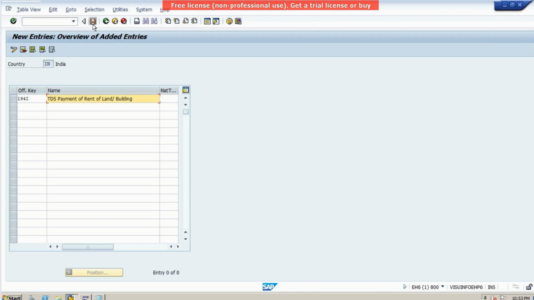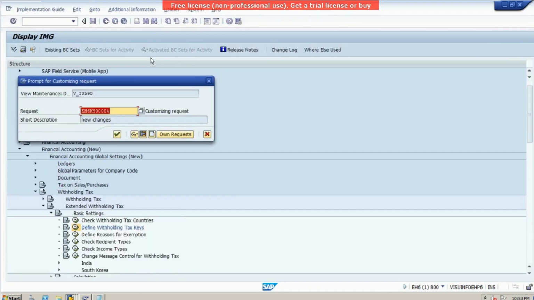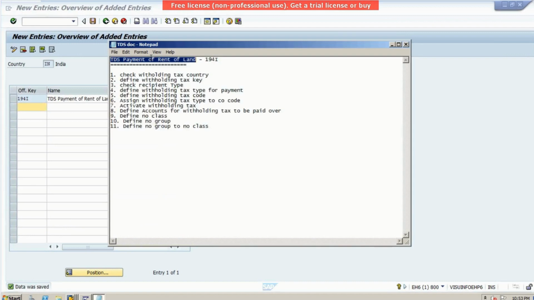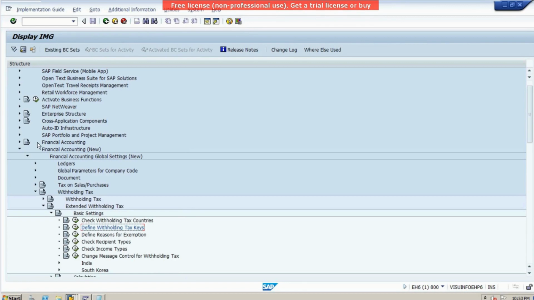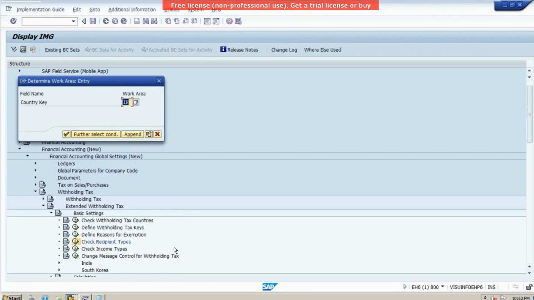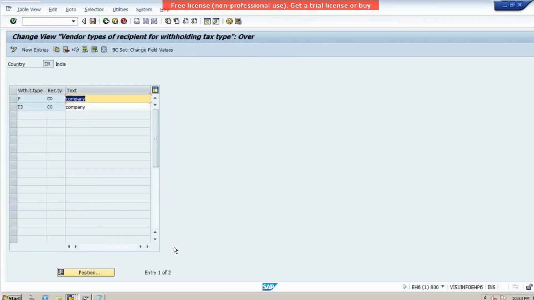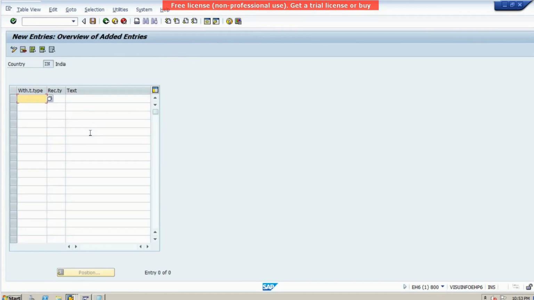Now saving it. Fine. Then check recipient type. Fine. Now coming back, check recipient type. Going to the check recipient type. Again, my country key is India. I have given IN. So these are all the previous entries. I'll create a new entry. My withholding tax type was